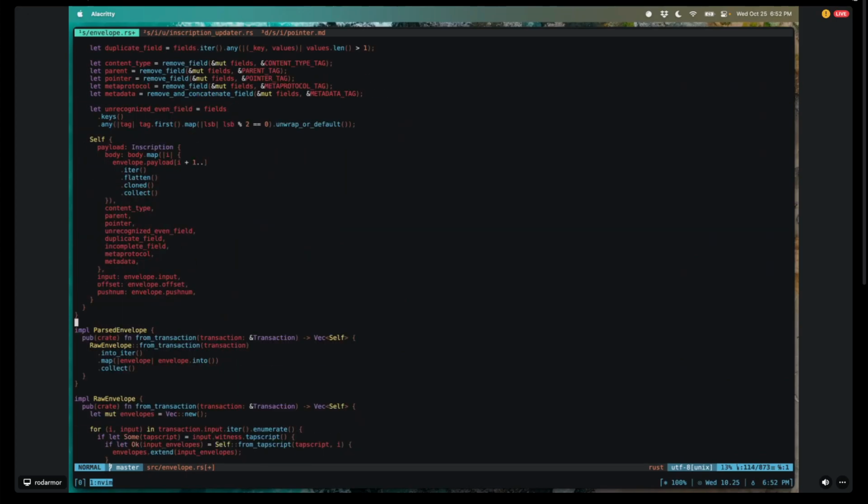So then we look over the remaining fields, and we look at the keys, and we see if any of the keys are mod 2 equal to 0. Inscriptions has this odd way of dealing with upgrades. So we want to be able to add fields in the future. However, fields might modify the position of an inscription. And so we don't want a scenario where an old client and a new client disagree about where an inscription is,